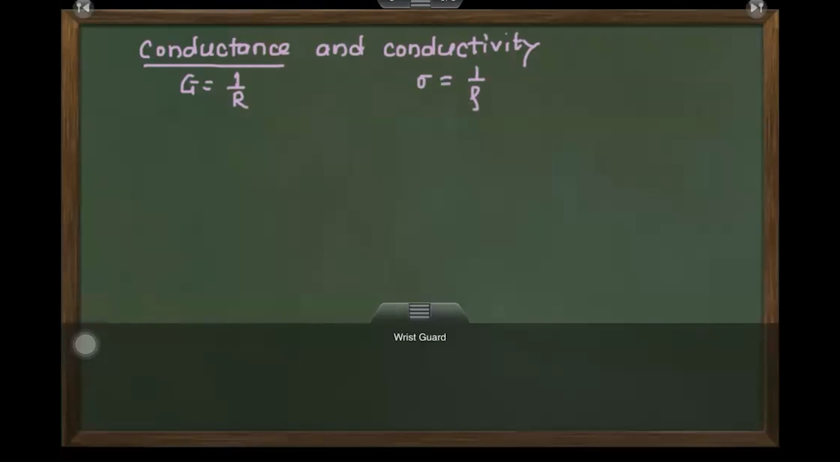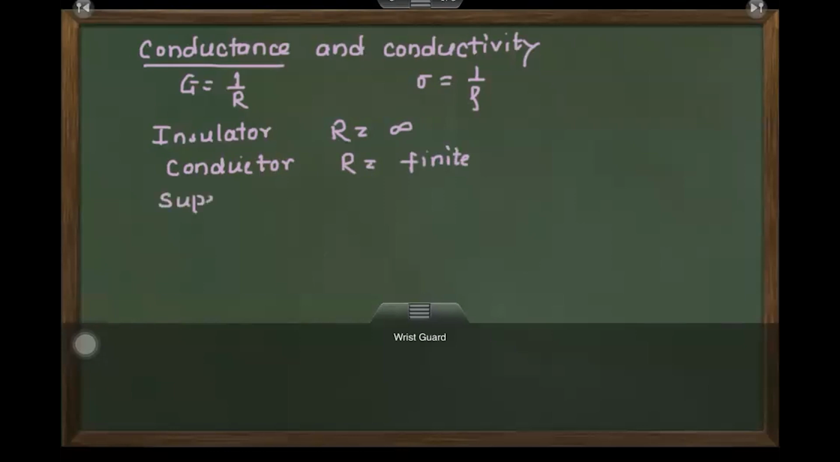Okay. One more thing, if I'm taking an insulator, its resistance will be infinity. And if I am taking a conductor, its resistance will be finite. Finite means it will have some value. But if we are having a superconductor,